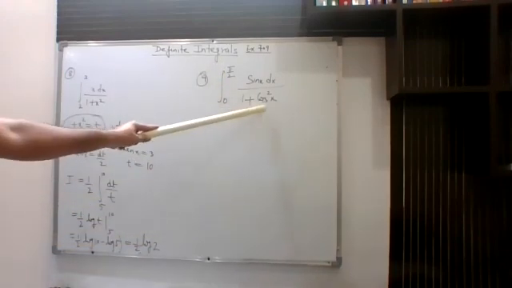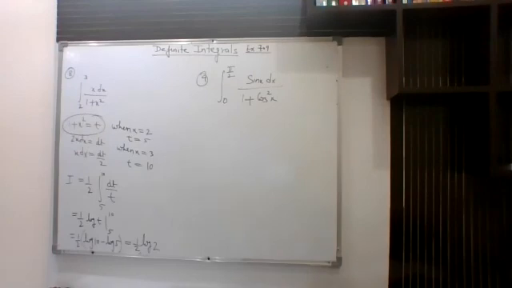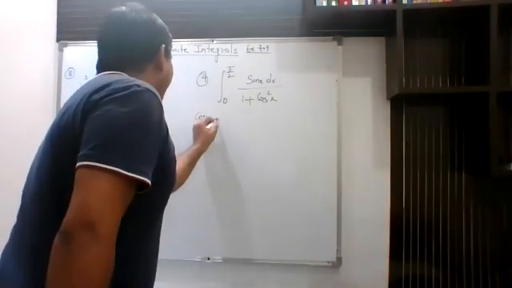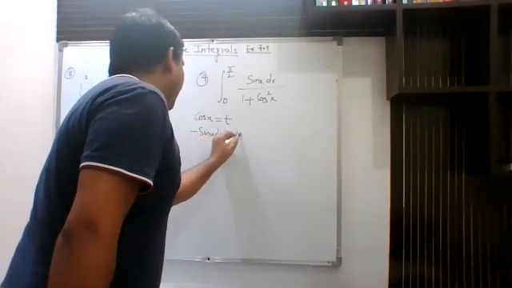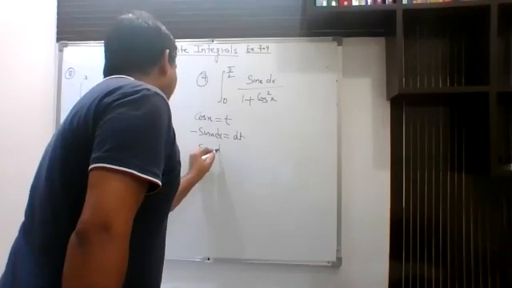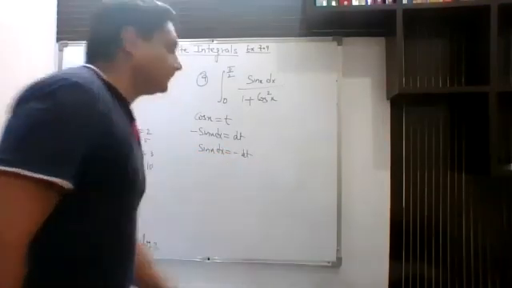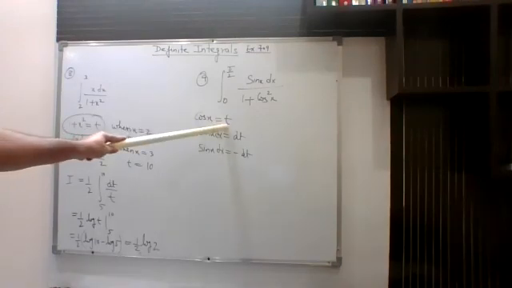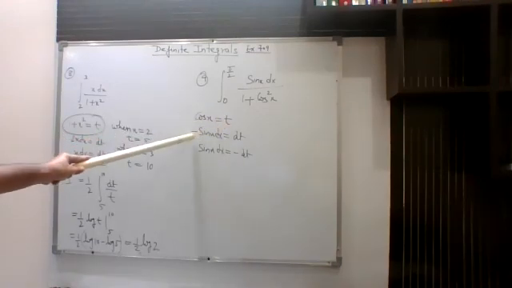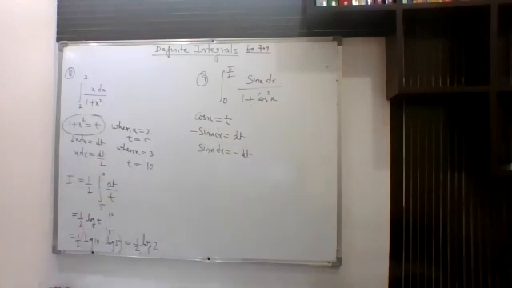So we have to put cos x as t. So let us proceed by that substitution method. So we will take cos x as t. The derivative is minus sin x dx, that is equal to dt. So sin x dx is minus dt. So this is our substitution. We are just taking cos x equal to t. I had just taken the derivative, so minus sin x dx is equal to dt. The minus I had shifted to the other side.